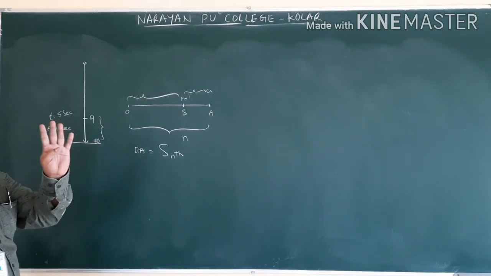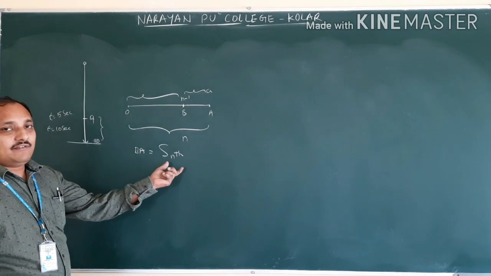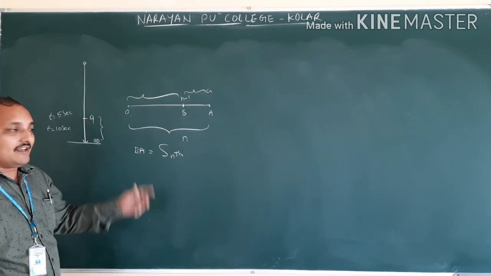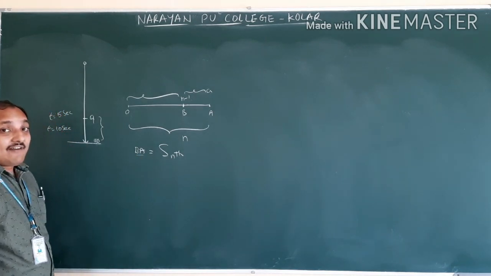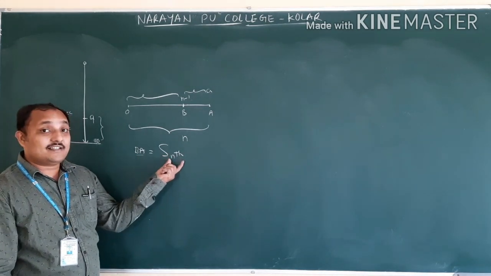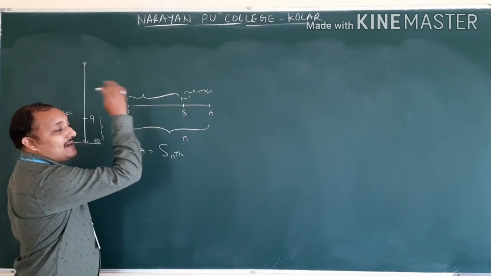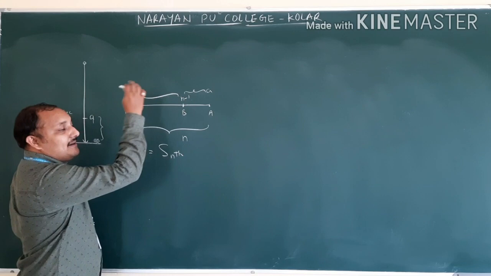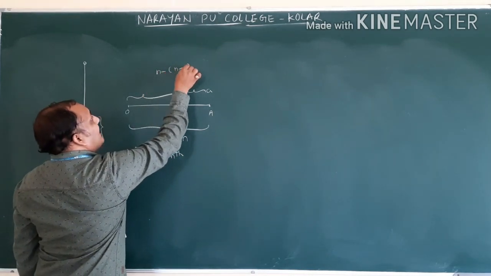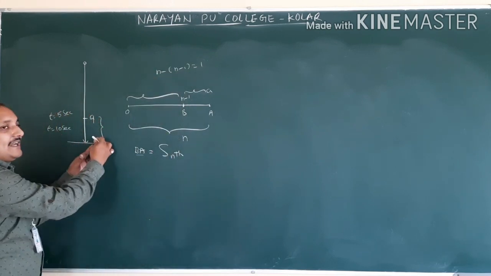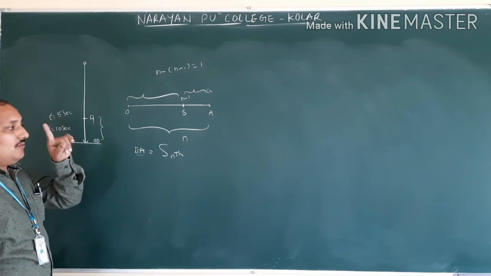I am giving the derivation for the 4th equation. That is also there in your material. I will say that we already derived this equation. So BA is nothing but Sn. What is BA here? Distance covered or traveled in the last second. That is the nth second. So n minus 1 gives 1 second. Isn't it? n minus 1 is nothing but 1 second. 10 minus 9 gives 1 second. 5 minus 4 gives 1 second.